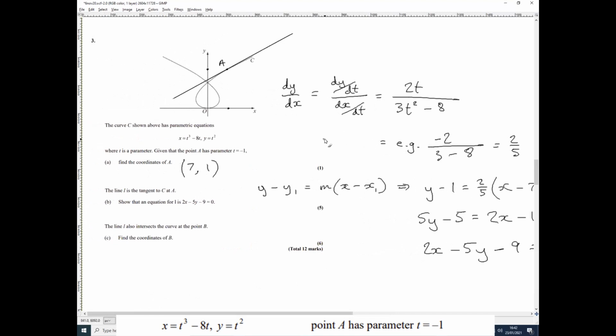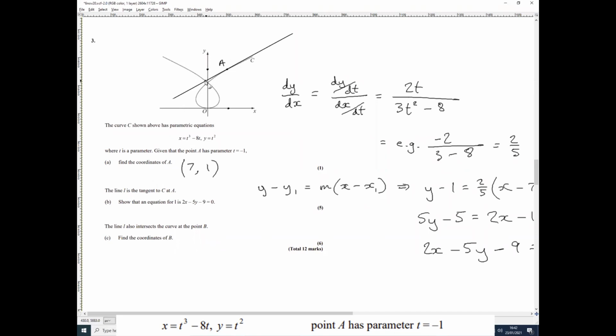If you do a lot of exercises of that kind, you can be failing to grasp the point that the gradient of a straight line tangent is going to be the same as the gradient of the curve it's tangent to at the point where it touches. Okay, and the line L also intersects the curve at point B,